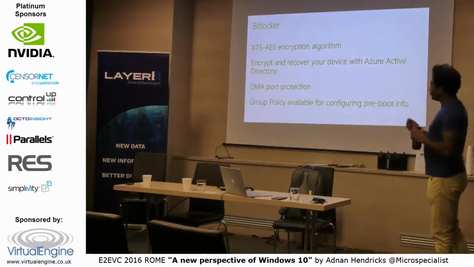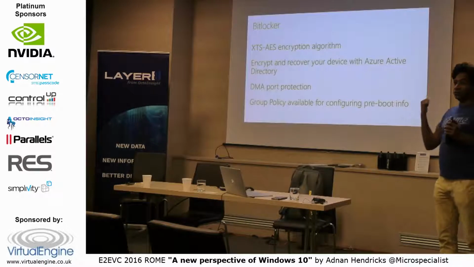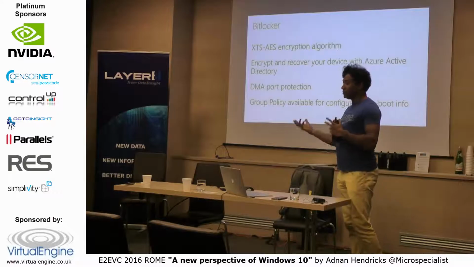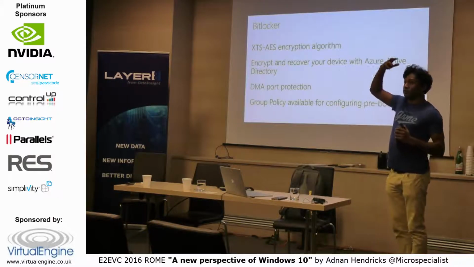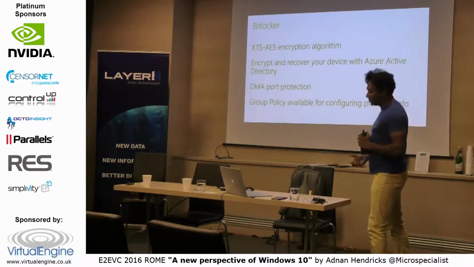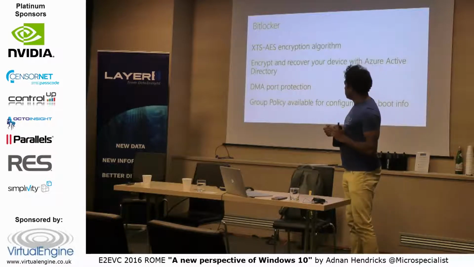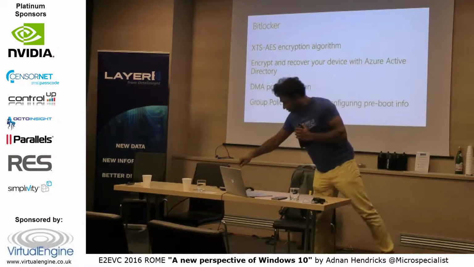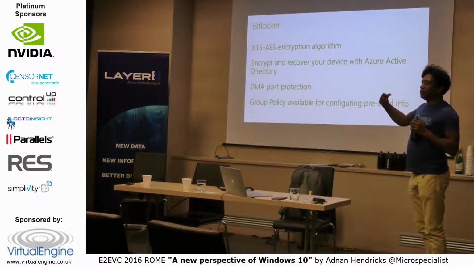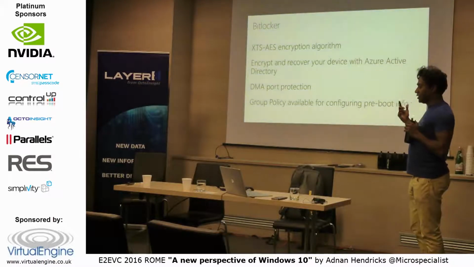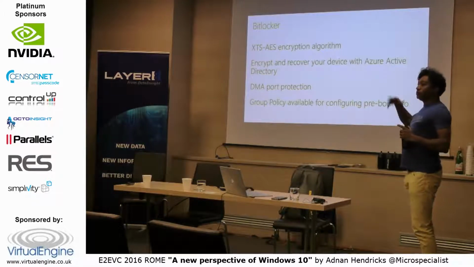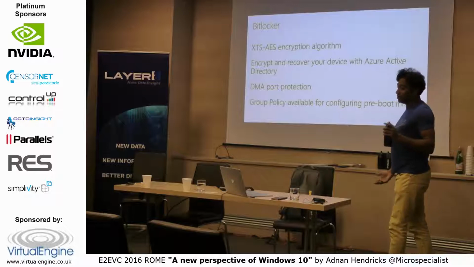DMA port protection was one of the ways in which you could actually hack BitLocker, because remember, whatever you run on your computer, security, secrets, stuff like that, generally gets put into memory. In fact, everything has to be in memory before a computer can process or use it. So DMA port protection protects those special lightning ports and such, whereby people could just stick in a device, read memory, and get that key. So this way, BitLocker is safe again, and you can configure pre-boot security with group policy now.